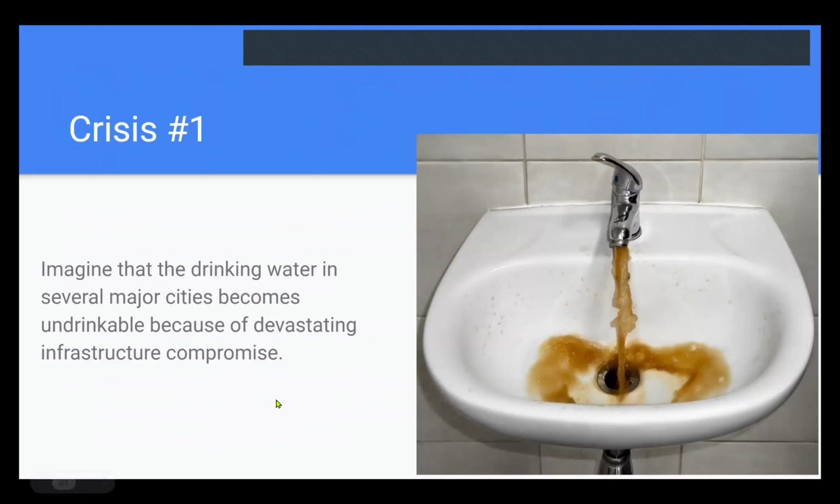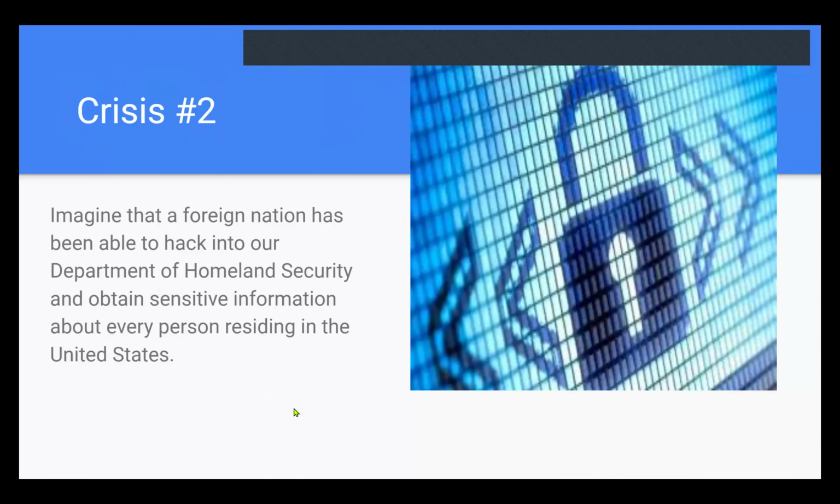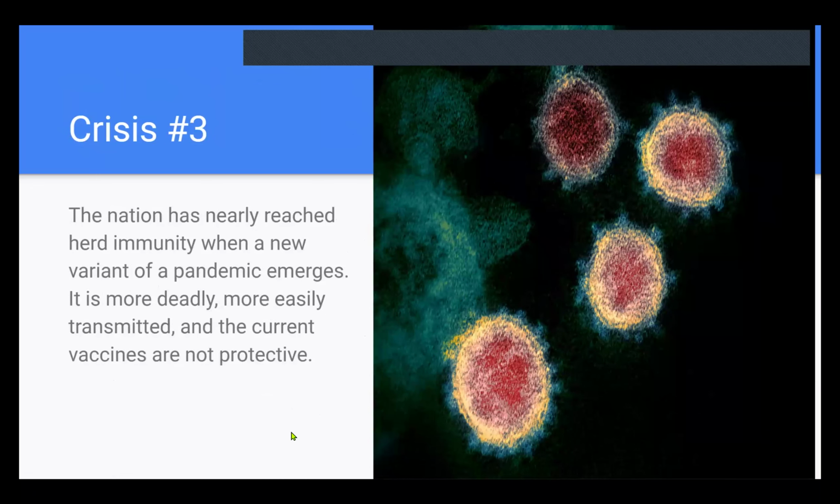All right, so imagine the drinking water in several major cities becomes undrinkable because of an infrastructure compromise, or that a foreign nation has been able to hack into the Department of Homeland Security and obtain sensitive information about every single person in the United States. Or that even though we've gotten herd immunity to COVID, there's another new variant that's popped up. And by the way, these 4 things came from kids, and this one